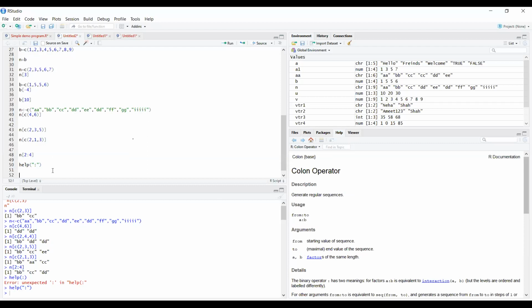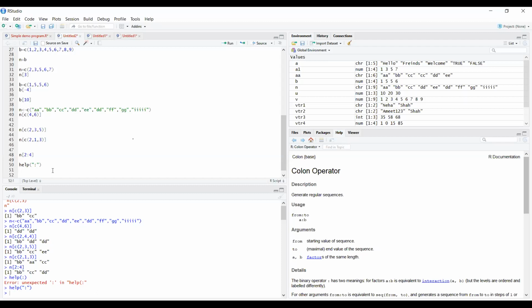A vector can be sliced from a given vector with a logical indexing vector that has the same length as the original vector. Whenever there are two vectors of the same length, if its member is true, and the corresponding member in the original vector is false, how will it be considered?